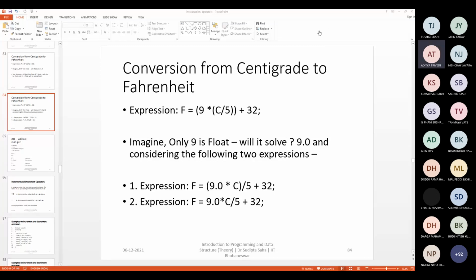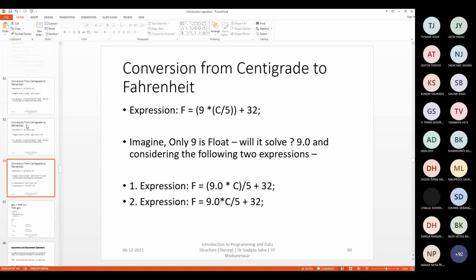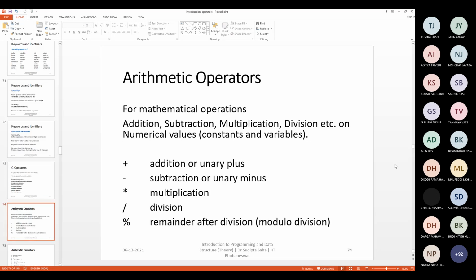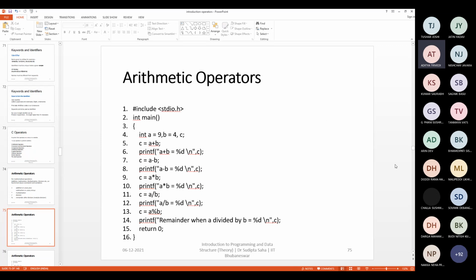Anybody? Sir, can you please go to the arithmetic operators slide? Yes sir, this one. Sir, here int and float, both the data types have 4 bytes of size.